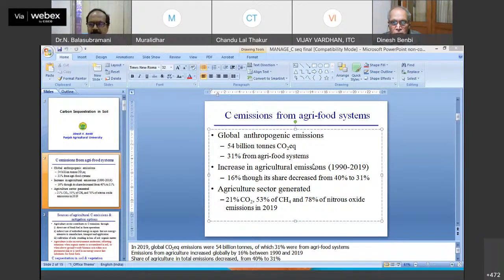Now, when we say 17 billion tons from agri-food systems, we should be very careful while apportioning this, and look into whether it is really the agri-food system per se at the farm level or the supply chain. Out of this, only about 7 billion tons are from agri-food system production. The rest, 10, are from